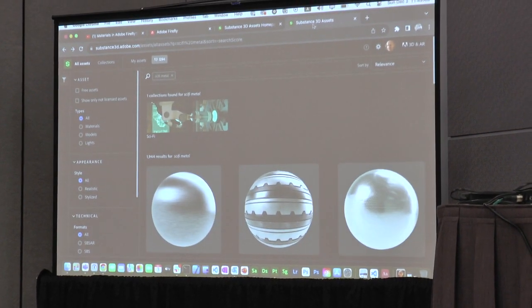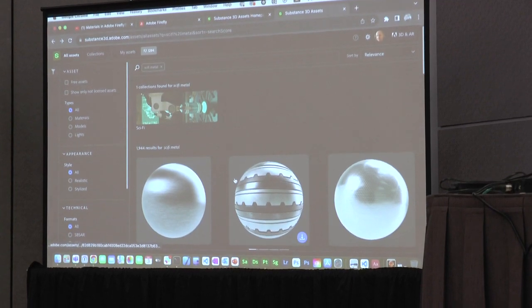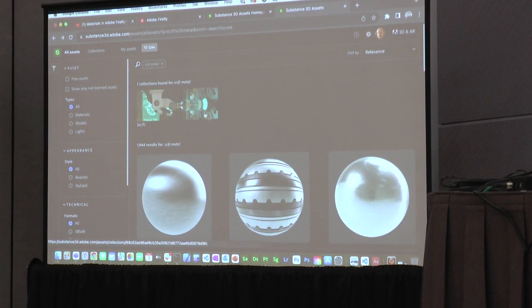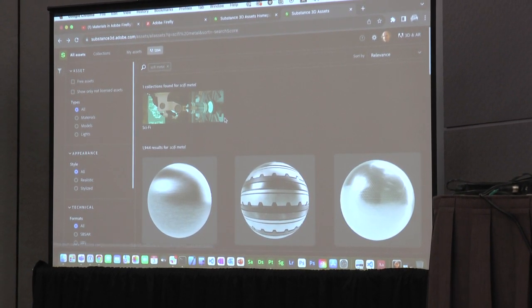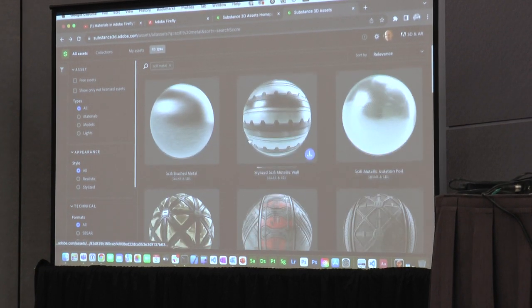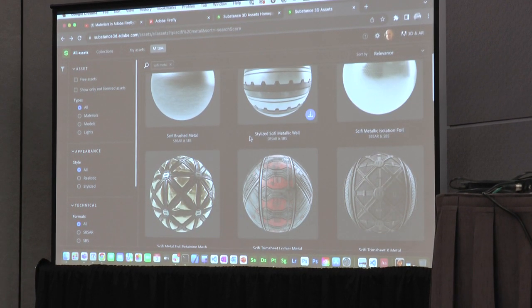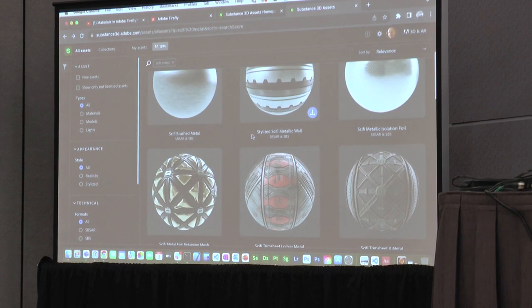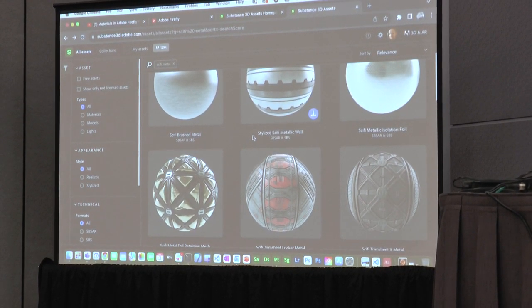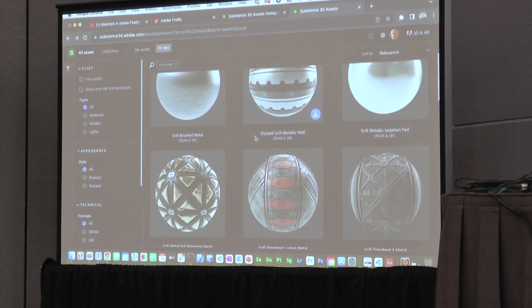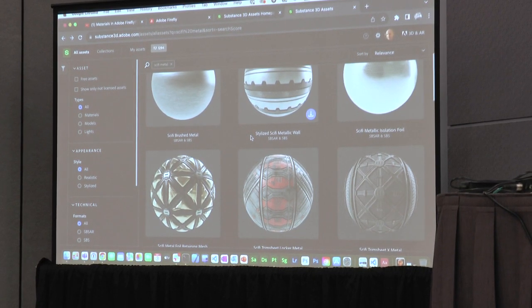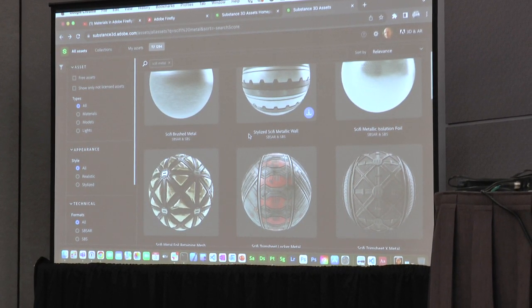For this one, I'm not going to use the internet live, it's very slow here, but I just typed in sci-fi metal, and I immediately get this huge variety of metals. These are all materials. You can now download them and put them into Painter, or you can customize them in Sampler,